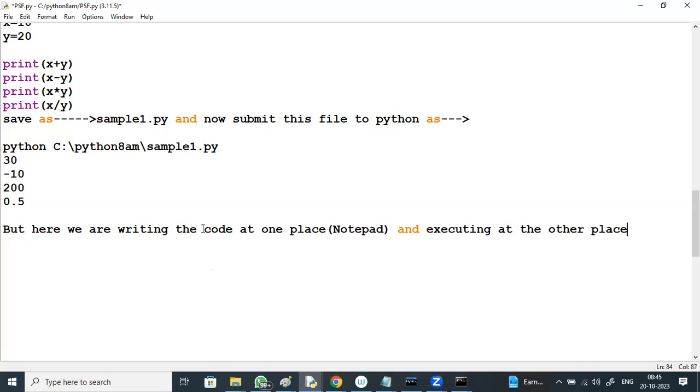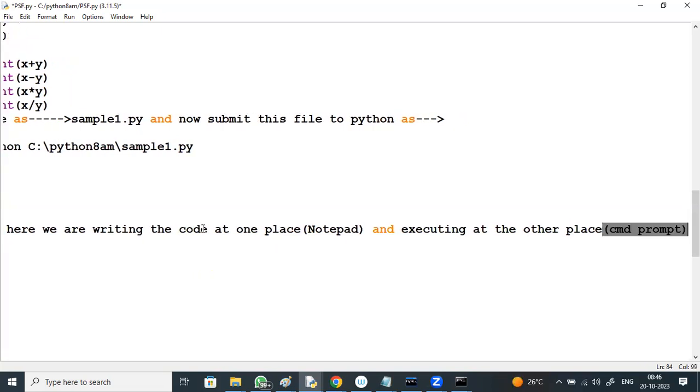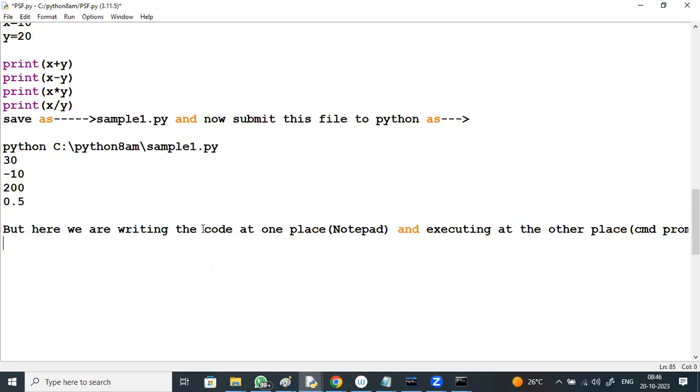Executing at the other place means within the command prompt.